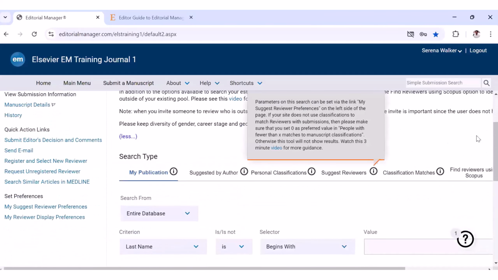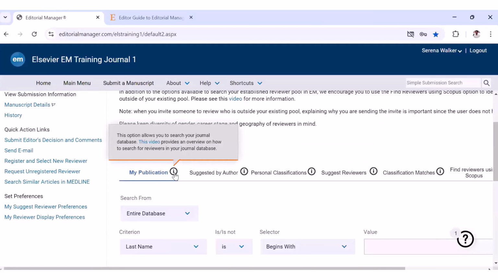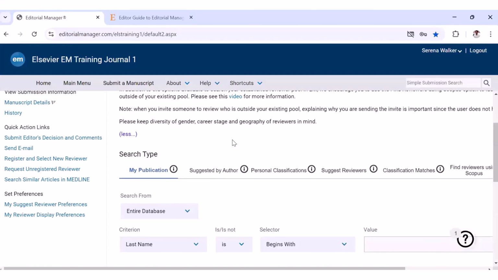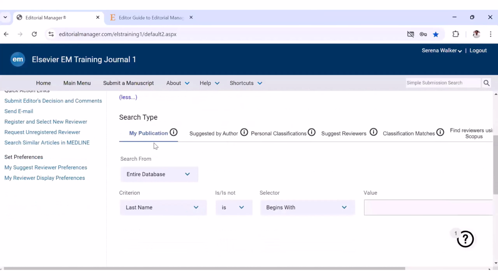The most commonly used option is My Publications. You'll be able to see an I icon here. If you hover over this icon, you will be able to see the notifications related to each option which is available here. So the most commonly used one is My Publications, where you will be inviting reviewers using the reviewer database which is